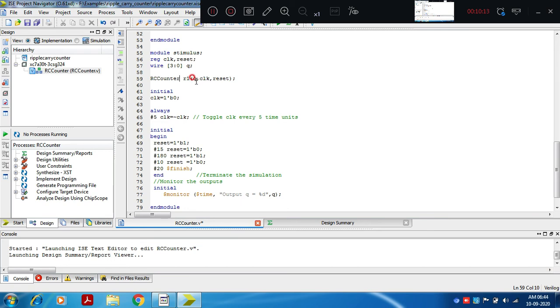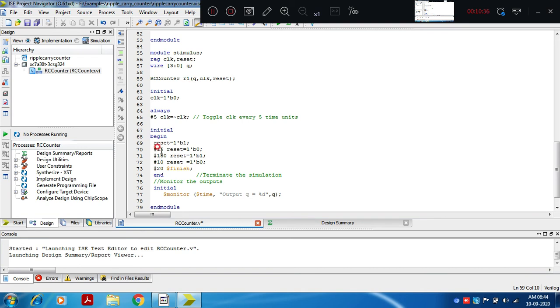Q we have defined with size 3 down to 0, and reset values we are assigning with the help of this initial statement. Initially reset is 1, and when reset is 1, Q should be 0.